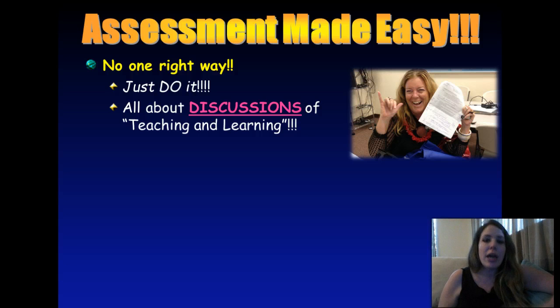Maybe we need to look at how we're teaching things, what we're doing in our classes. Maybe we need to look at what our outcomes are in the first place. Maybe we didn't design the outcomes appropriately. What needs to be improved? And that's what assessment's all about. That's what makes it authentic, that we're taking data and we're using that data to drive improvement in our courses, our programs, and the institution as a whole.